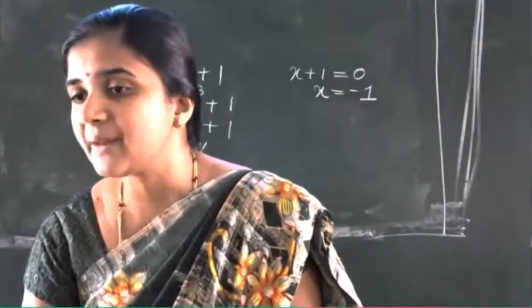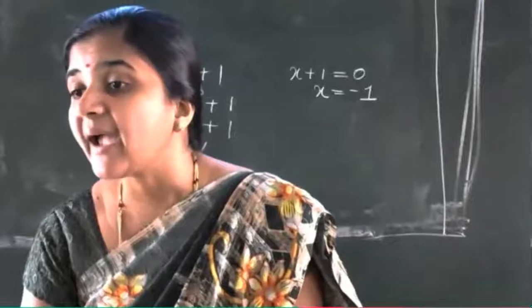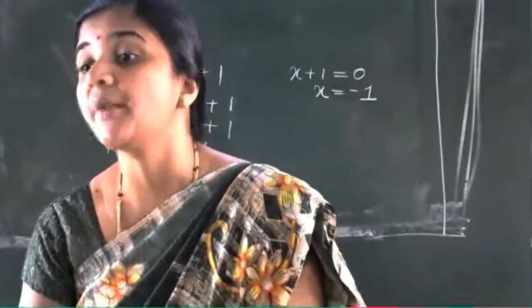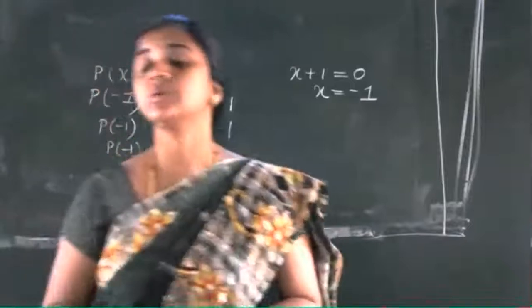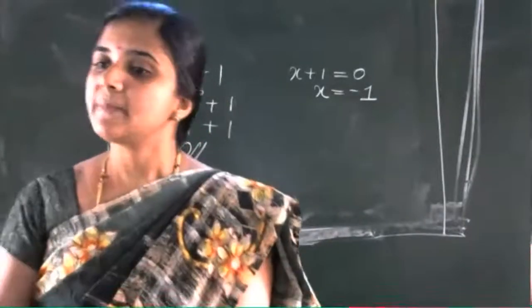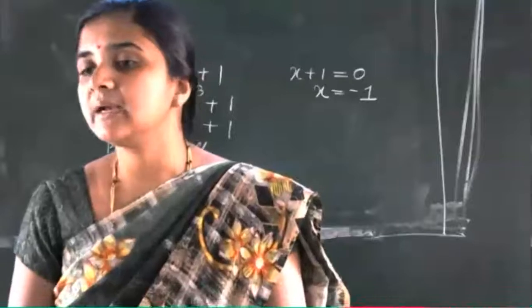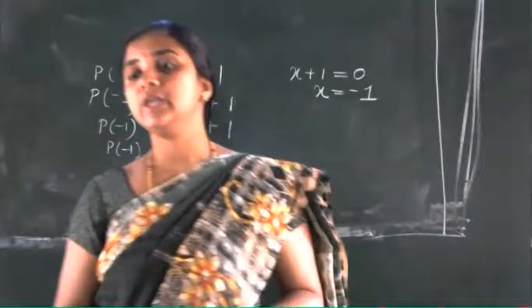So the divisor 2t plus 1 is a factor or multiple of this q of t. Factor or multiple, both terms we can use. If it is a factor, the remainder is 0, and for a multiple it is the same. So the remainder is 0. This is about the division of polynomials.